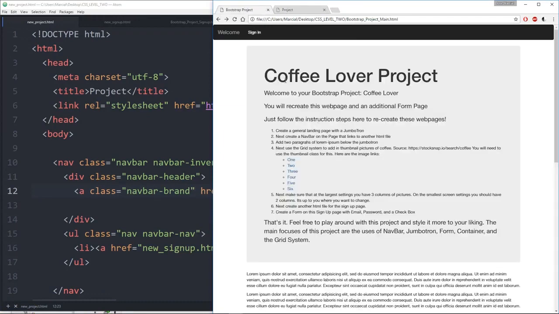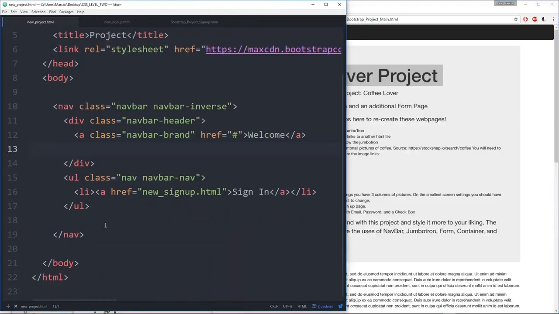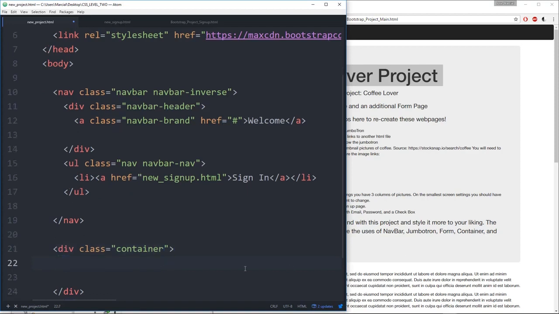Check out the Bootstrap project. We still need to add in this Jumbotron. So let's go ahead and do that. First thing I want to do is put it all in a container. So I have that div with the container class. And then what I'll end up doing is putting in the Jumbotron here. So we'll say div, put in the Jumbotron,